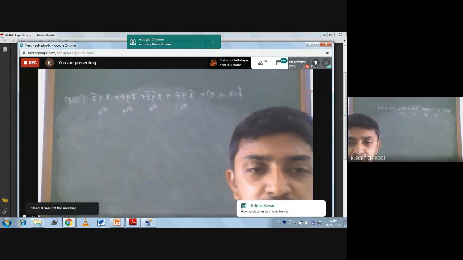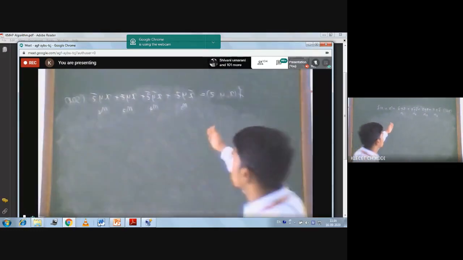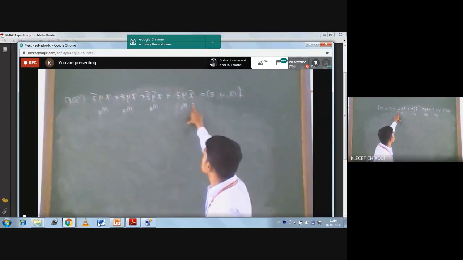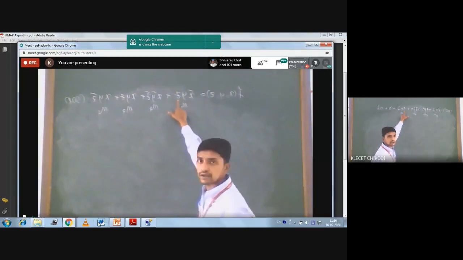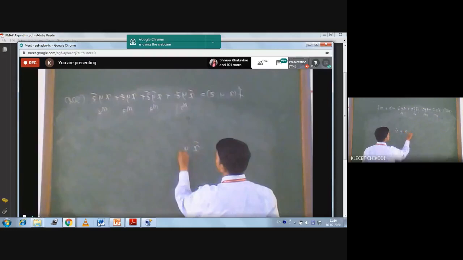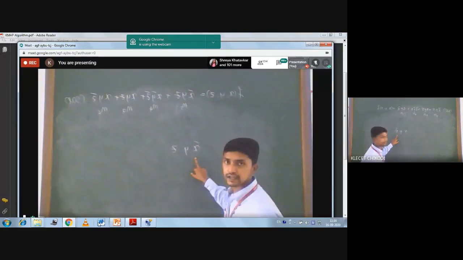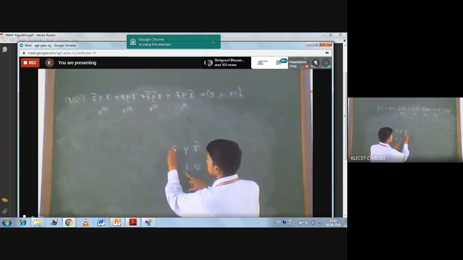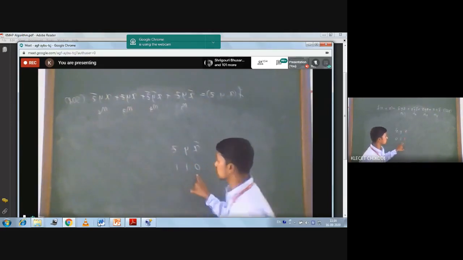How to determine min terms? In the previous problem also I have solved, right? So for X bar YZ, considering SOP, what you have to take here? Instead of X bar, you will take 0. Instead of Y, it is 1. Again it is Z, again it is 1. So it will be 0, 1, 1.